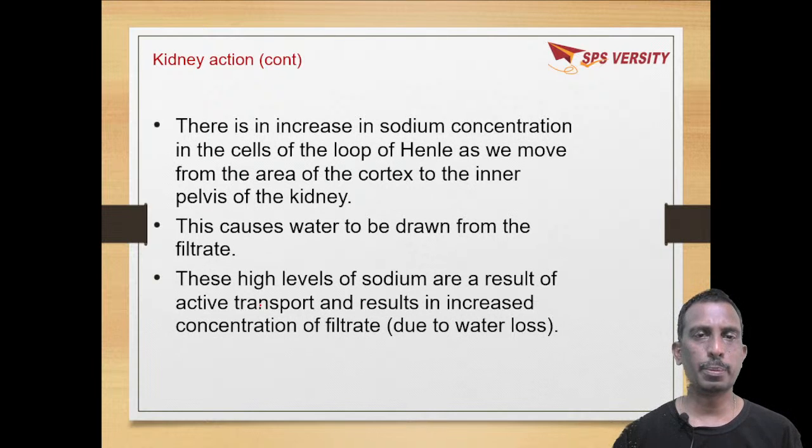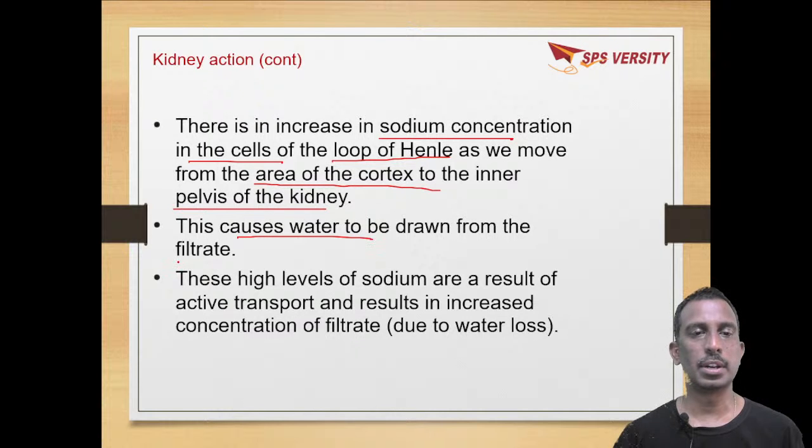When the filtrate is passing through the loop of Henle, there is an increase in sodium concentration in the cells, as you move from the area of the cortex to the inner part of the tubule. So this causes water to be drawn from the filtrate. These high levels of sodium are a result of active transport and result in increased concentration of filtrate